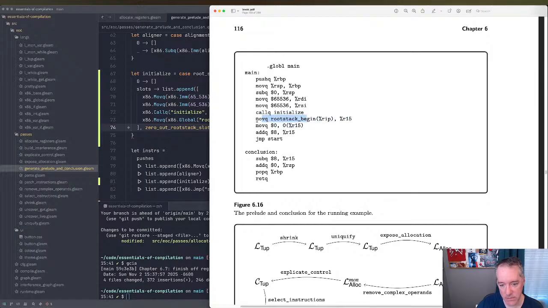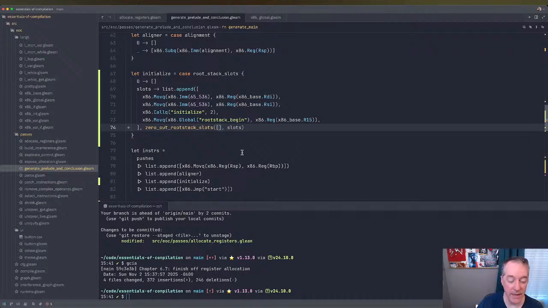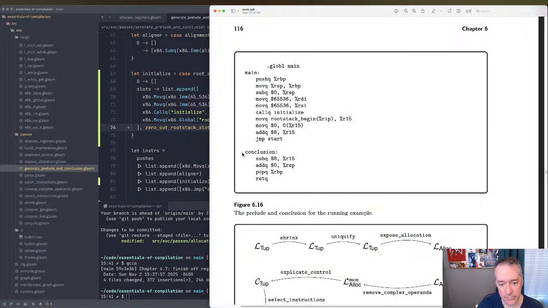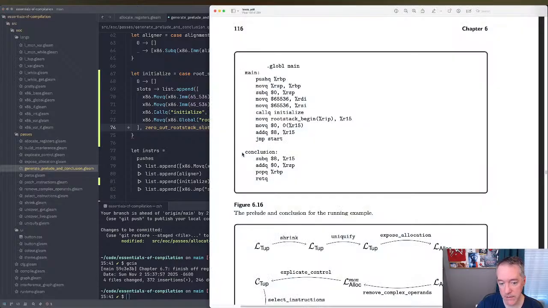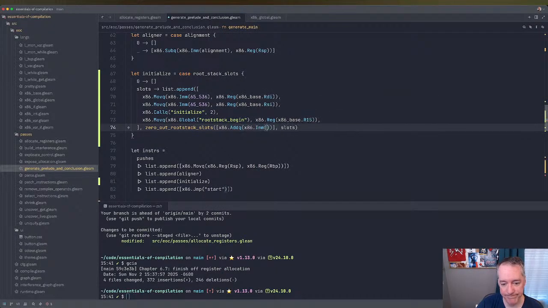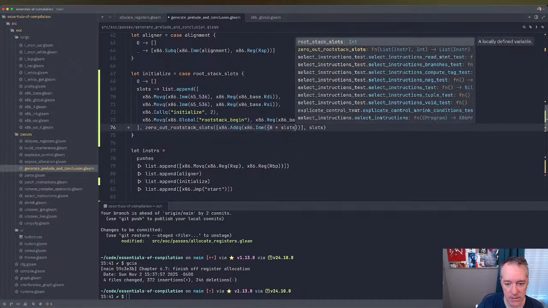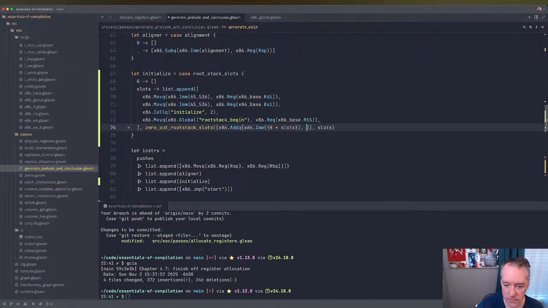So that'll give us all these instructions plus this initializer. And then the last thing we need to do is add 8 times the number of slots to R15. So actually we can put that here, right? So we can do, because this will be added in reverse order, right? We'll say 8 times slots to